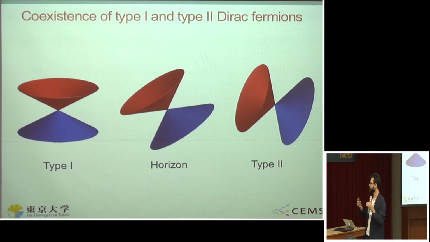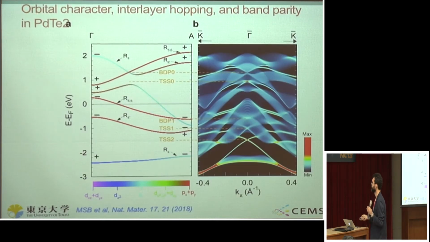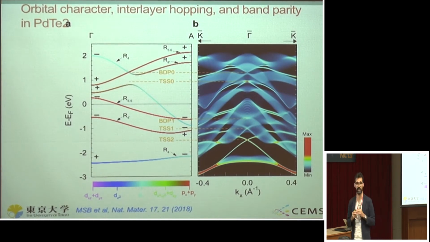cones. So depending on the slope of the bands, either you can have a type 1 Dirac cone or a horizon, which is a kind of threshold between type 1 and type 2, and eventually a type 2 Dirac cone. So everything is controllable here. This is one example, for palladium ditelluride, where we have done the band structure calculation, and you can already see that you have these protected Dirac cones along the gamma-A direction, and also you have this topologically inverted